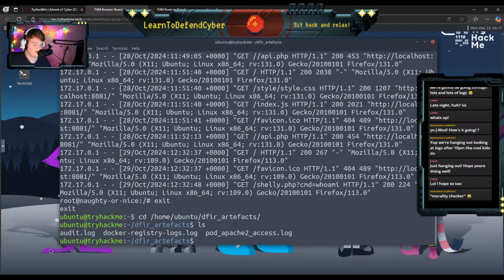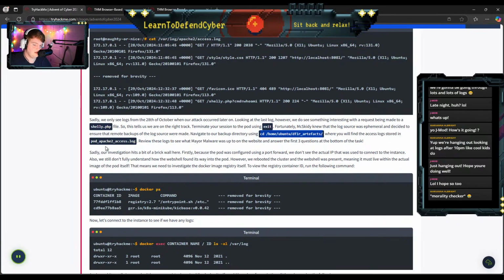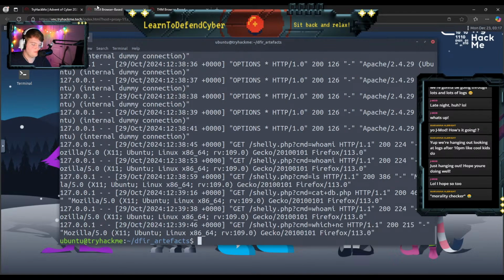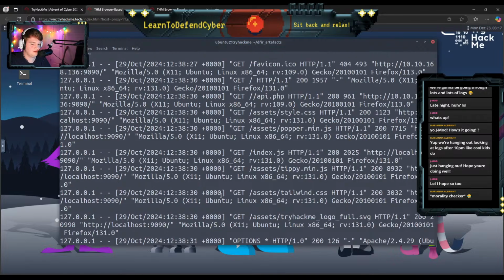So let's list this out. We have an audit.log, a Docker registry log, and a pod Apache access log. So I think we're going to be looking at that pod Apache log, so we can type out cat pod, hit tab to autocomplete, and we have our Apache logs.